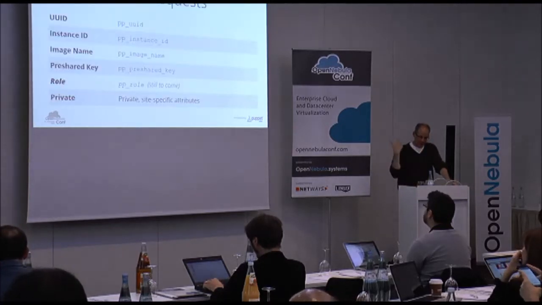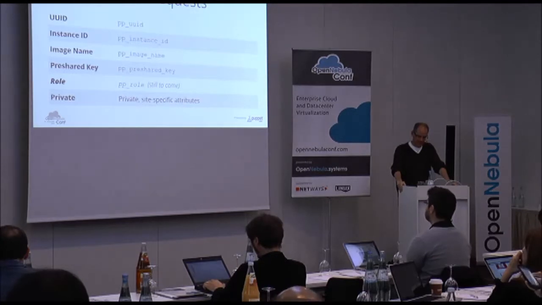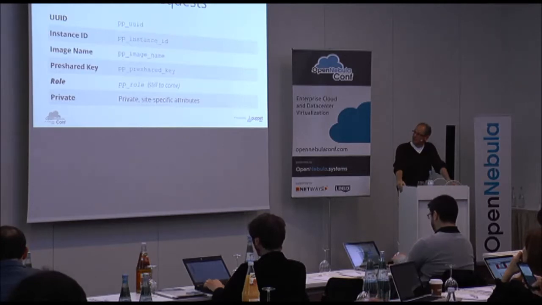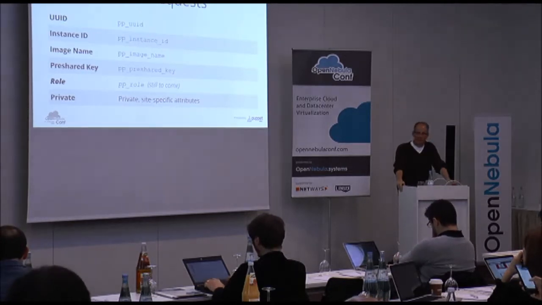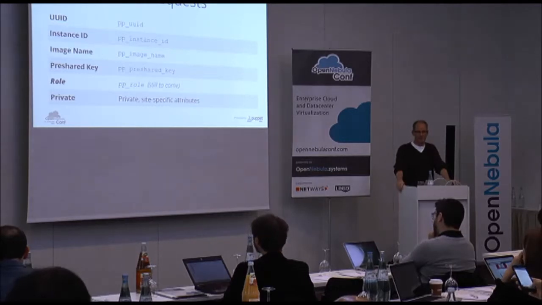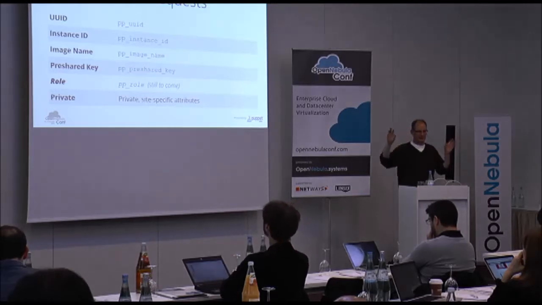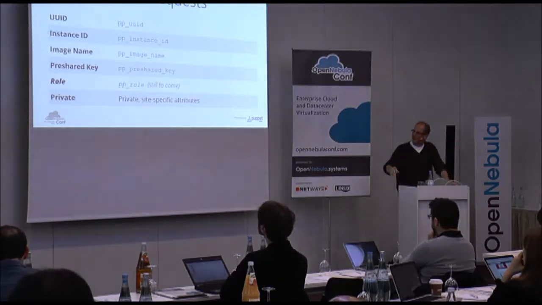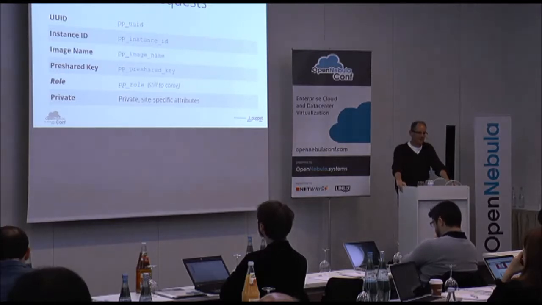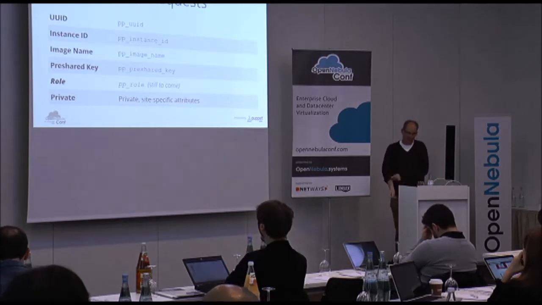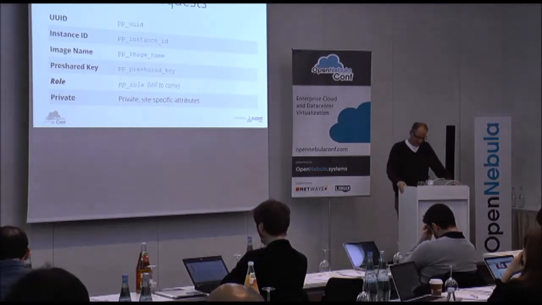There's a few predefined attributes you can use for these CSR extensions, like the instance ID and of course pre-shared key. If you've ever dealt with SSL, nothing there is totally straightforward. In reality, these are OIDs, which are these long dotted decimal string thingies. And we predefined a few of them for the most common use cases, but in that namespace there's also room for your private extensions, in case these attributes don't make sense in your situation or in your security model. So you can pass your own stuff through there.